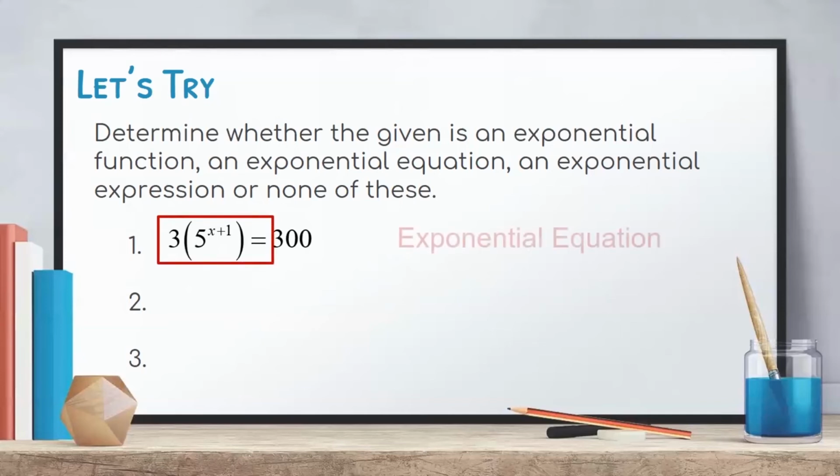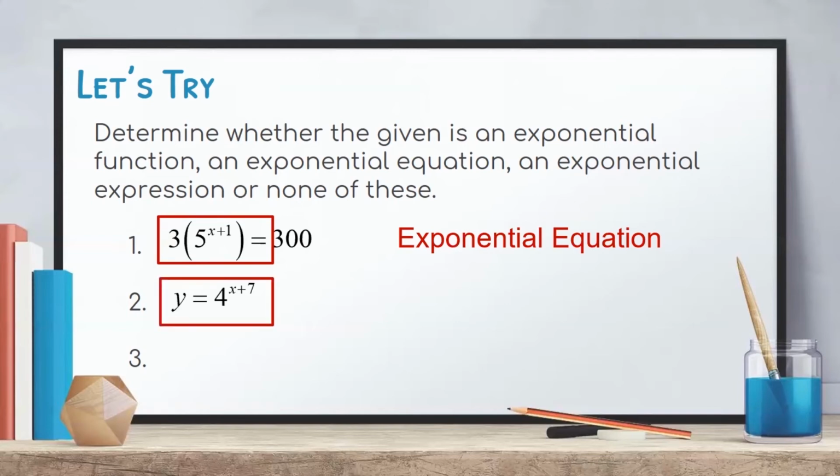Therefore, this is an exponential equation. On the second given, y equals 4 raised to x plus 7, note that we have the dependent variable y, which is equal to f of x, and an exponential expression. Therefore, this is an